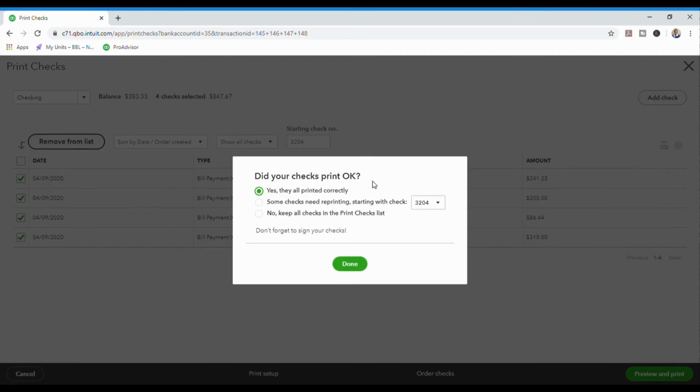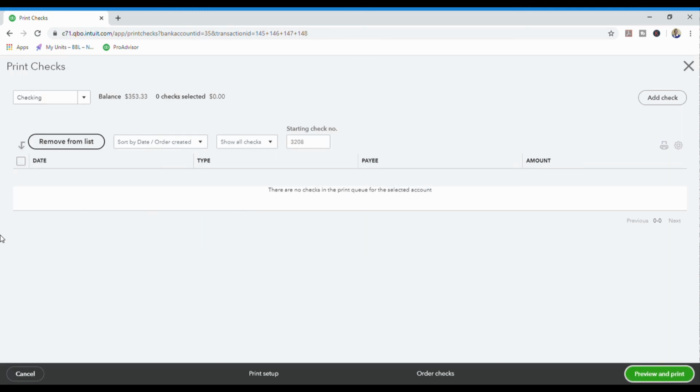After it has printed, it will populate this. So if your checks are printed correctly, you click on this. If some checks need reprinting, you click on that, and you can click on the down arrow. As you see now, it shows you all the check numbers. You click on the down arrow for that: no, keep all checks in the print checks list. So you select which one is correct for you. I'm just going to say yes, they are printed correctly, and click done. And you see they're not there. Okay, so now I'm going to close out of this,